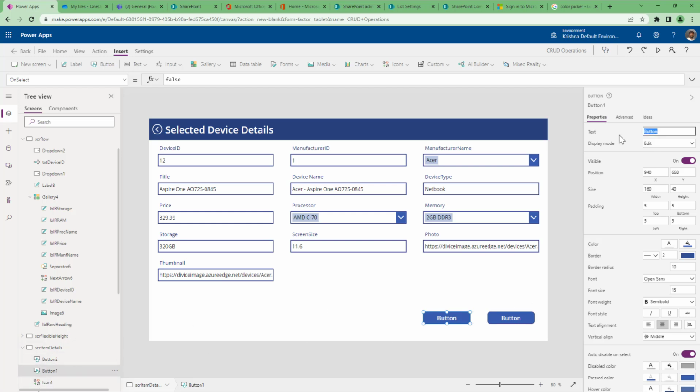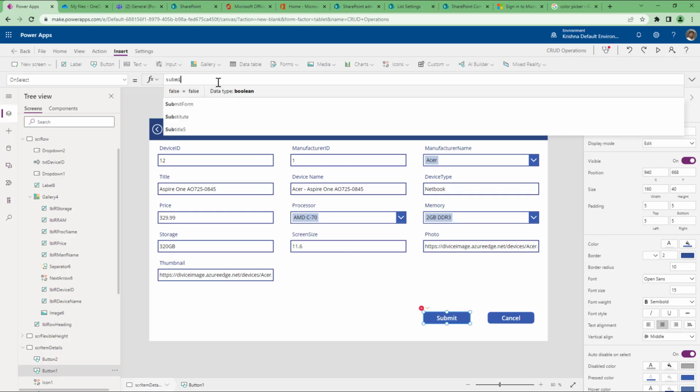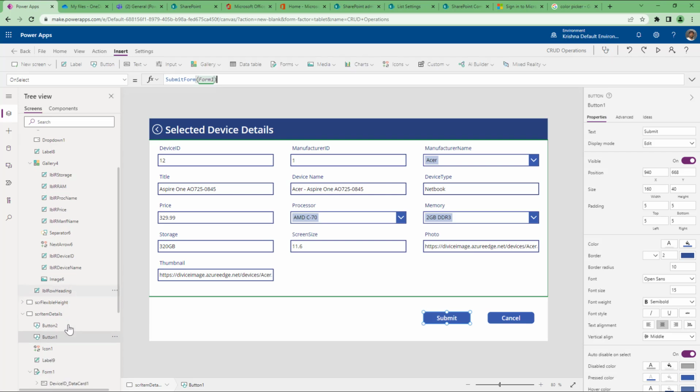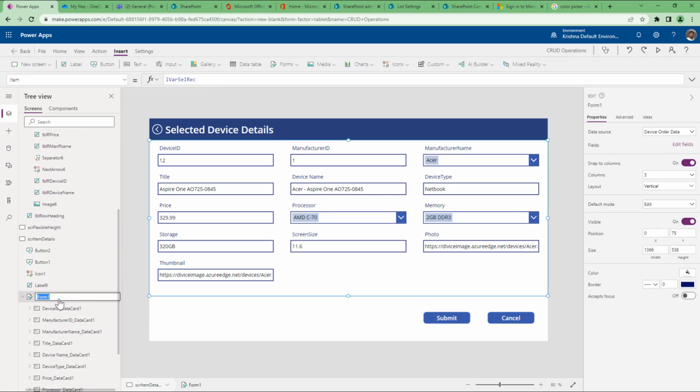This button is to submit and this button is to cancel. Okay, now as you guys know, I don't like the borders. Now if I want to push any changes back to the SharePoint list, what I can do is I can say submit form of the form name. What is the name of the form here? Form. So say FRM